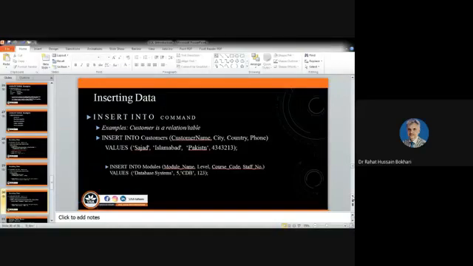So we have to say values, first value, second value, third value, and so on. So these are very simple examples. The insert into command is used to add your data to a table, to insert data into the table.